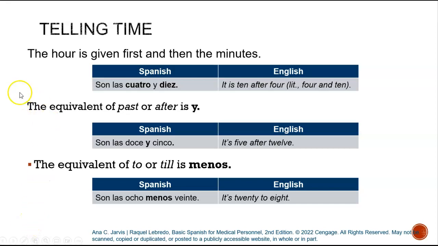Okay. So here we have the hour is given first and then the minutes. Like we've seen, adding on minutes with y, which means and, honestly. More examples, son las 4:10. Literally means it's 4 and 10. Son las 12:05. Again, use son. Remember, it's feminine, so instead of la, because it was singular for 1 o'clock, we say las. Son las. Son las. If you want to